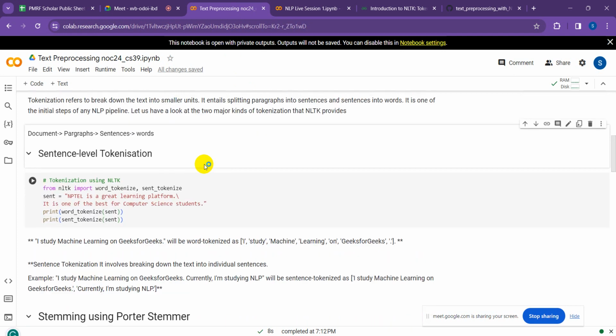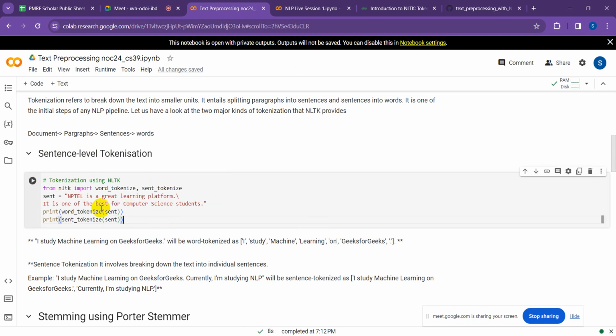So, as I was saying, a document can be made up of paragraphs, paragraphs of sentences, and sentences of words. So, first of all, we are having a look at the sentence level tokenization, which means we'll break the paragraph into multiple sentences. How? Let us see. This is for the sentence level, and word tokenize is for tokenizing the sentence